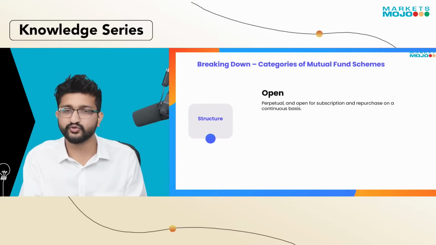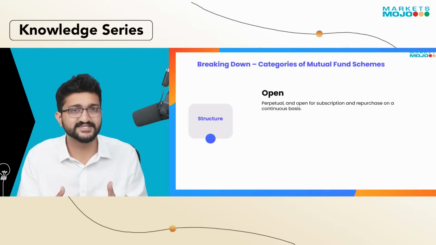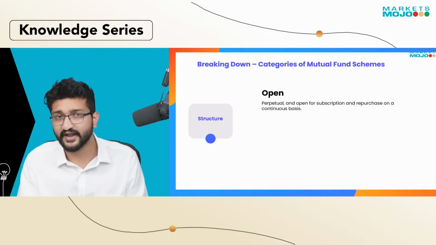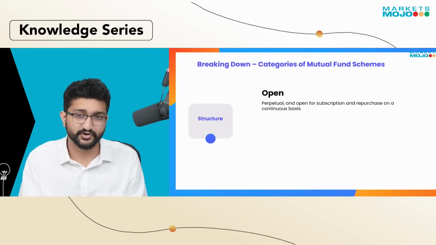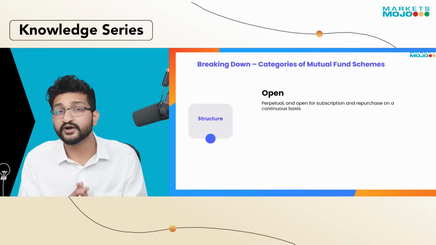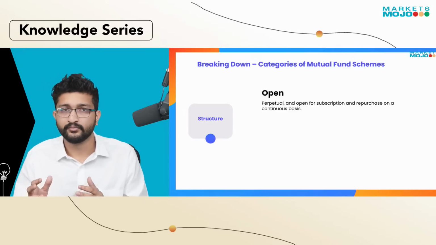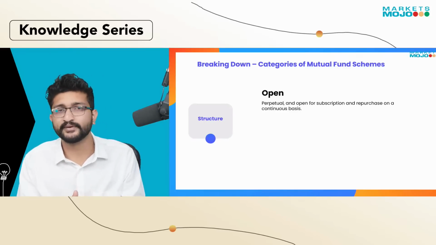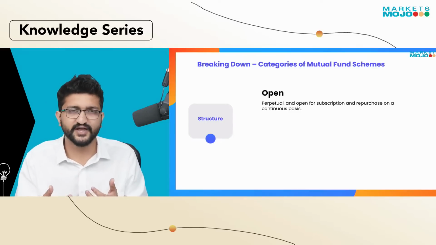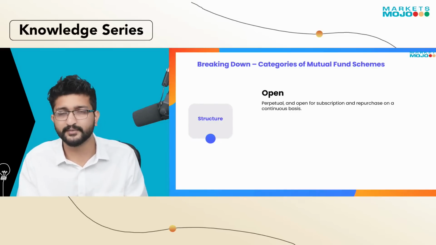Starting off with structure, you can have open-ended funds. As the name suggests, you can buy that mutual fund at any particular time and even exit from it. It's available for subscription and repurchase on a continuous basis. Most investors go for open-ended funds. When I see their portfolios, they go for open-ended funds, and the reason is that it's much easier to buy them and sell them back to the